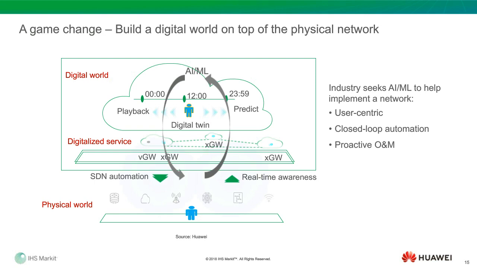Number one, you need data. You need real-time data. So right now, if you check the networking space industry, we have something called streaming telemetry. That's a kind of protocol that can collect the data in real time, pretty much at second levels. And once you have lots of data, you can use AI or machine learning to create models, and then apply them to a virtual, digital world. Based on this, you do some analysis, take some actions, then SDN can make it happen.